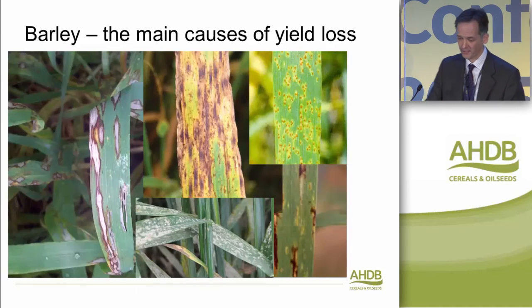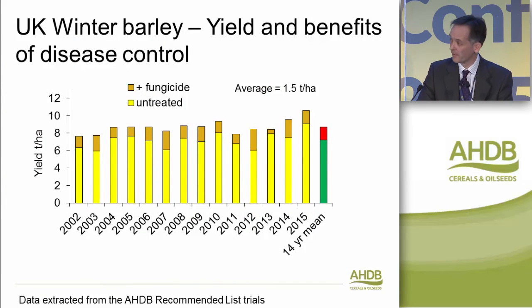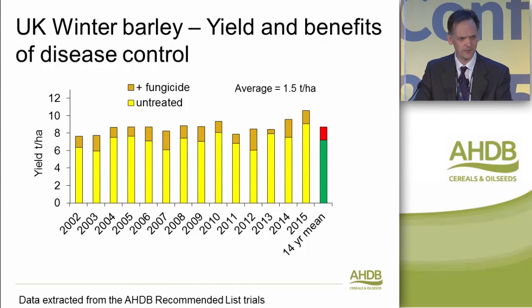Moving on to look at barley for a moment. Barley, again, a fantastic yield from barley this year. The AHDB-RL came up with the highest yield that it has for many years, with a total treated yield of about 10.7 tonnes, I think it was, across all barley varieties. Astonishing yield. Even the untreated was the highest untreated for many years as well. And actually the untreated was higher than many treatments in previous seasons as well.